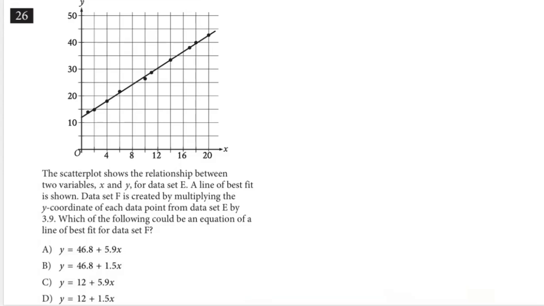Question 26. The scatter plot shows the relationship between two variables, x and y, for data set E. A line of best fit is shown. The data set F is created by multiplying the y coordinate of each data point from data set E by 3.9. So this is data set E, and if this has a coordinate xy, another data set F whose graph